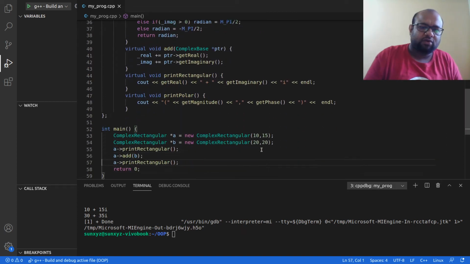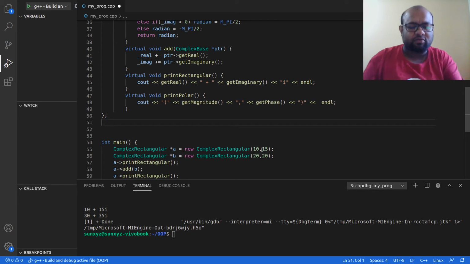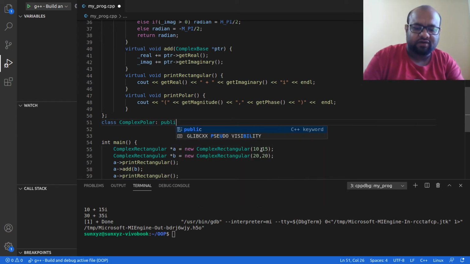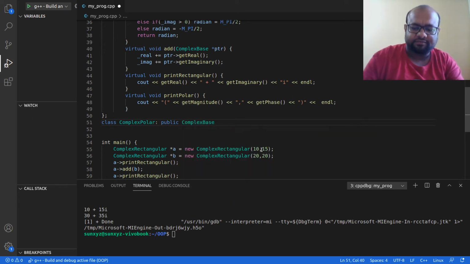Now let me go ahead and create one more complex class, right? So there is this class complex polar, and this is going to inherit from complex base.